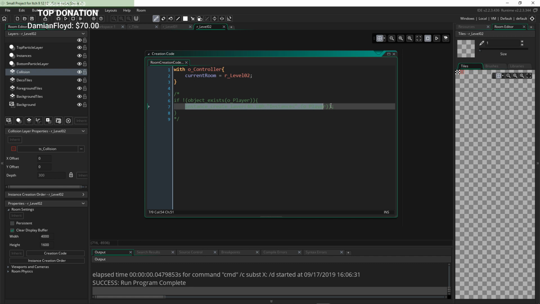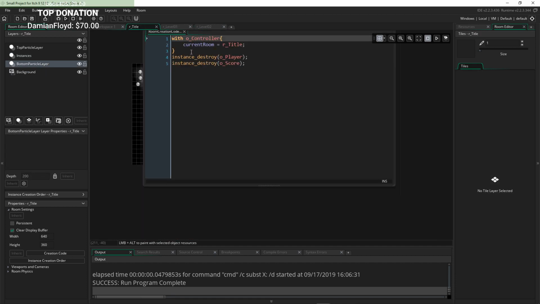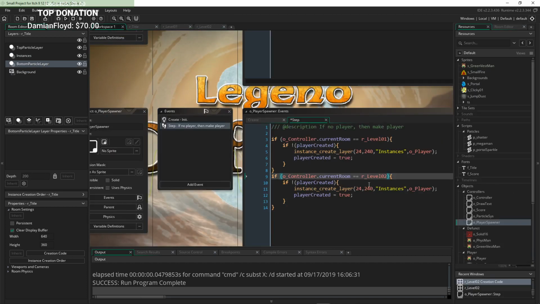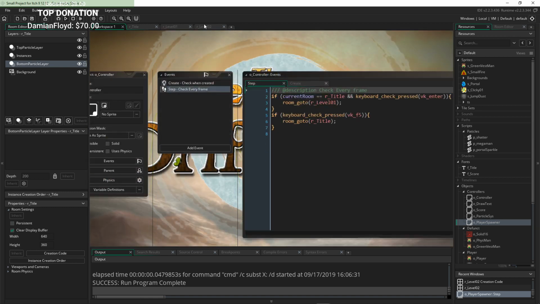This line. Actually, all I need is 40, 180. And on the creation code here,